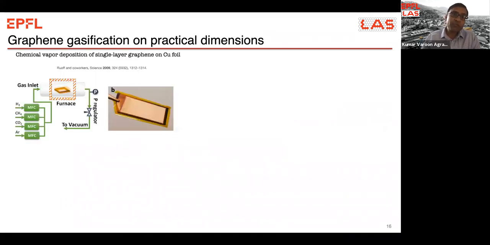Right, so our next step was to make membranes of practical dimension. So we looked at the method reported by Prof and co-workers, and since then it has become a very popular method to make graphene at a large scale by chemical vapor deposition. In our group, we have been making 2 centimeter by 5 centimeter coupons by essentially taking a copper foil and exposing it to methane at 1000 degrees C, where you get dehydrogenation of methane, and you get these graphene grains which grow into each other and form these films.